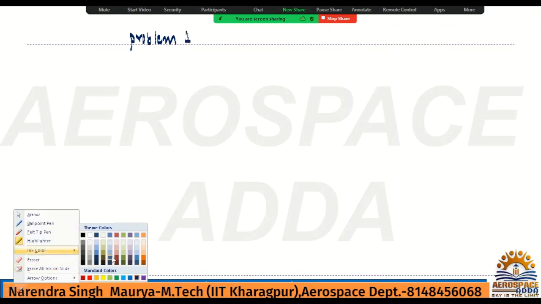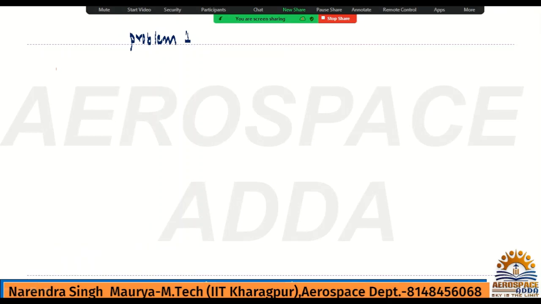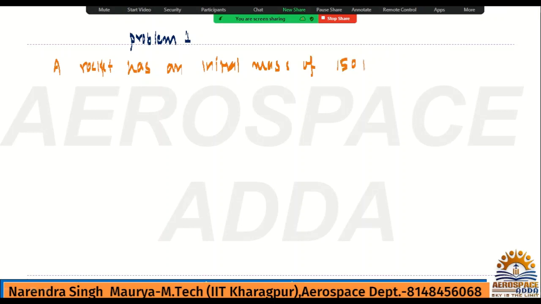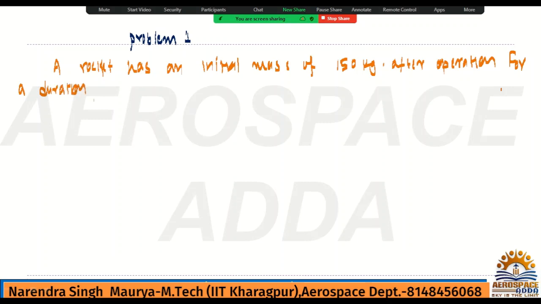This problem was asked in GATE, and it is a rocket that has an initial mass of 150 kg, after operation for a duration of 10 seconds, its final mass is